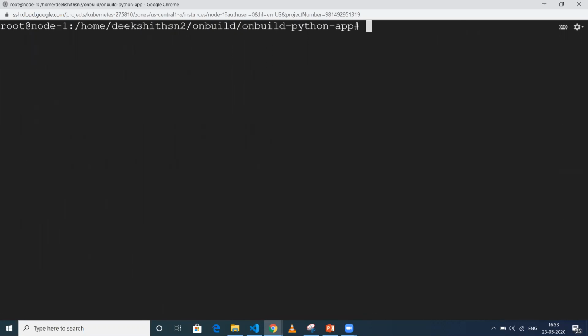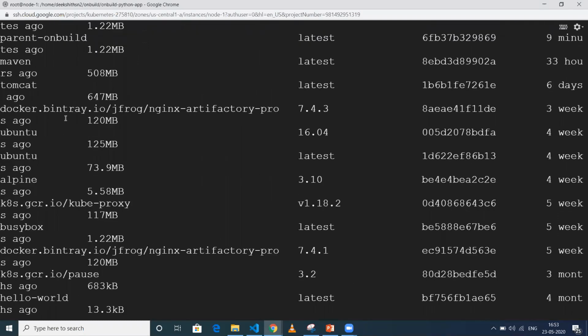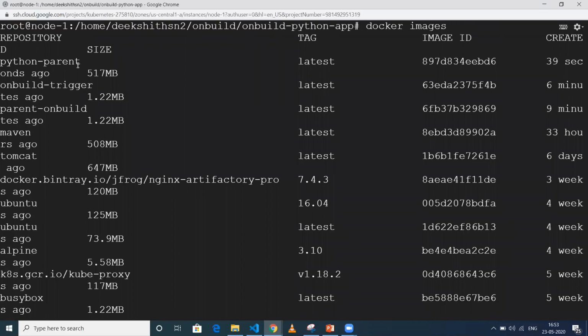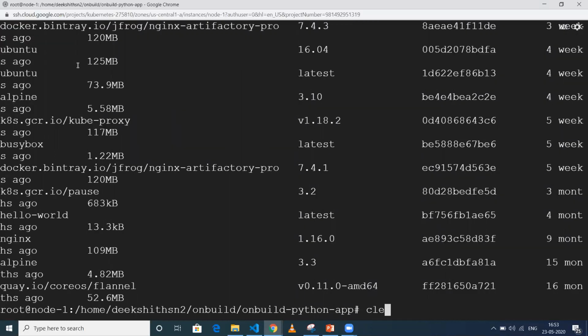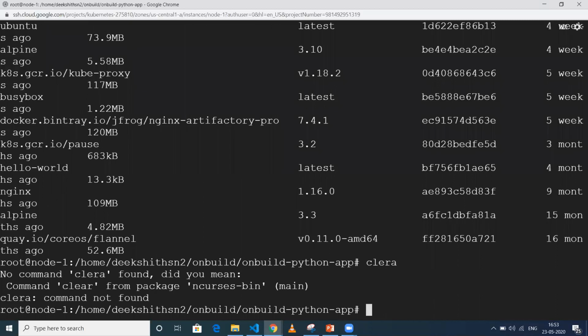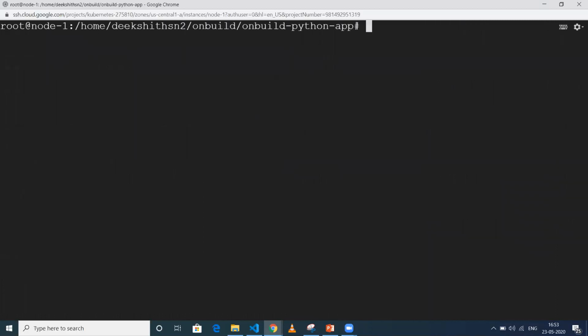Let me verify the name again, docker images and python-parent. Okay. So now we will use this image in another Dockerfile, so that we will copy the code and do the execution of Python. And also we will try to access that application from the browser.